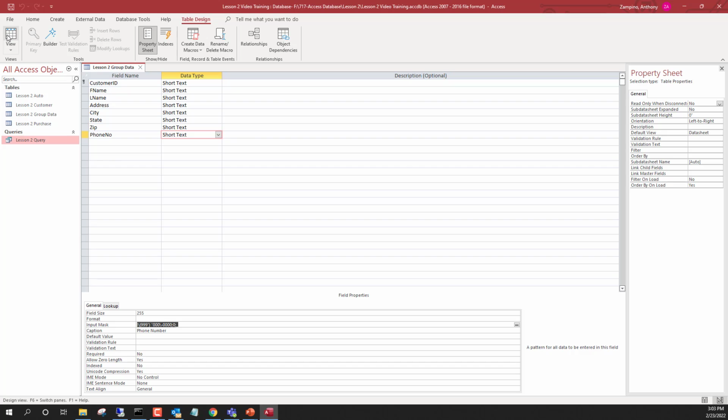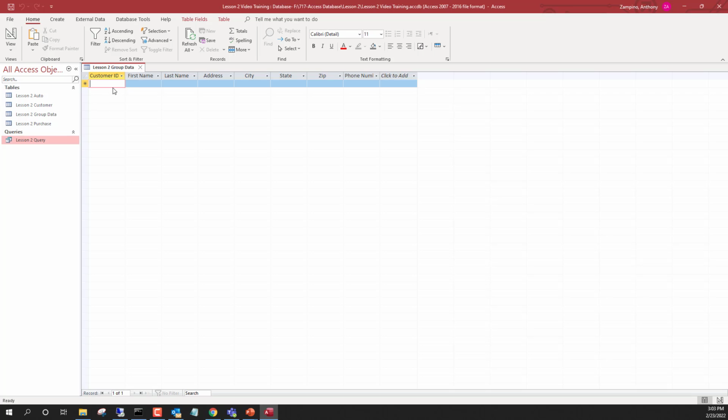You're going to see that now it uses the captions up here. Customer ID, first name, last name, address, city, state, zip. If I click on zip, it gives me the lines. If I click on phone number, it gives me the spaces. So we can type a customer number in as 1111. First name Peter, last name Popcorn, address 555 West Main,